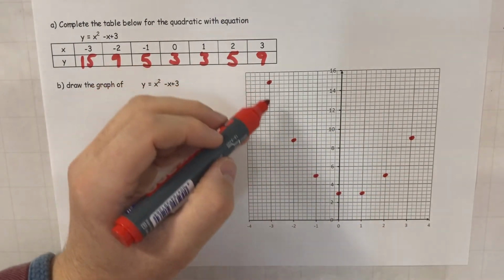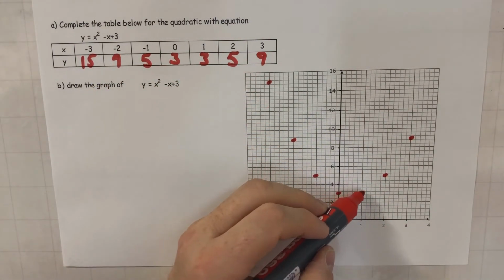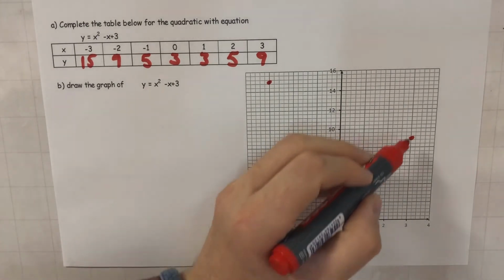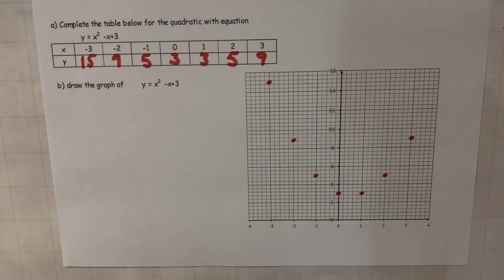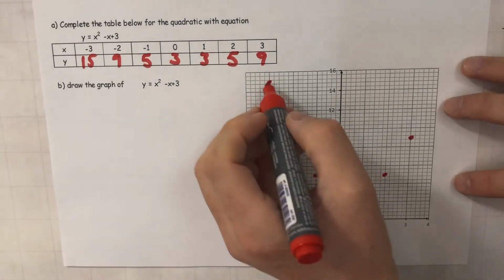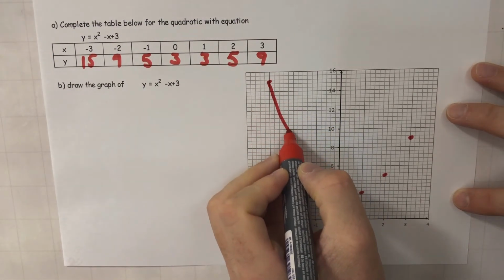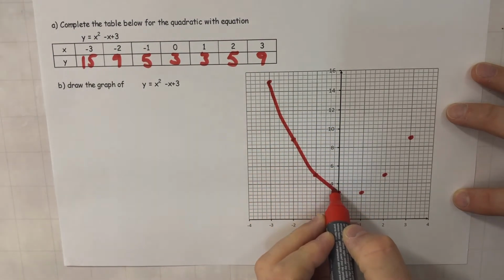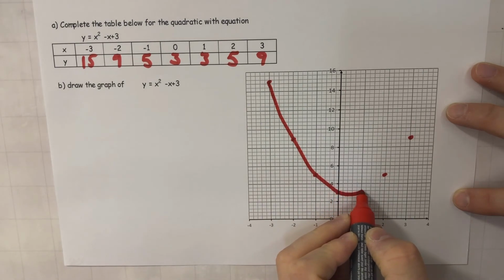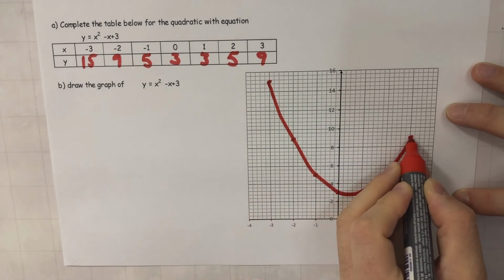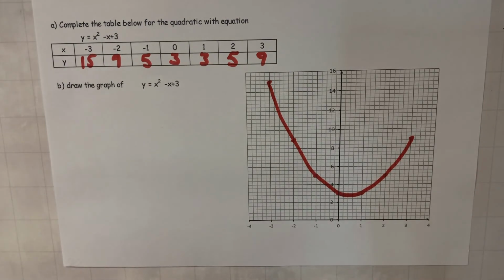Now that means that when I come down here, I don't just go across there and back up. It needs to dip down and then back up, because that's what the quadratic curve will always look like. So we come down, slightly further down, then back up. And there is your second quadratic